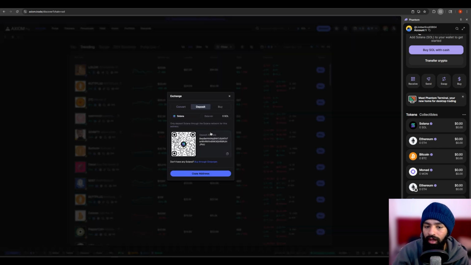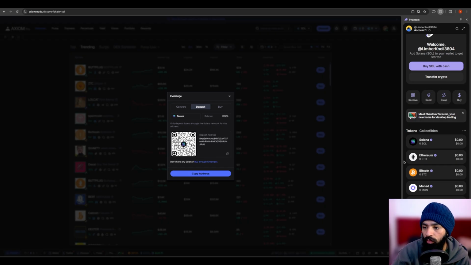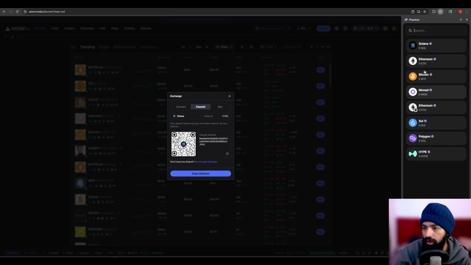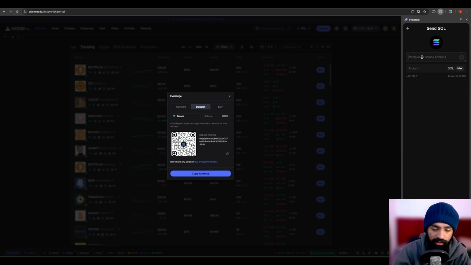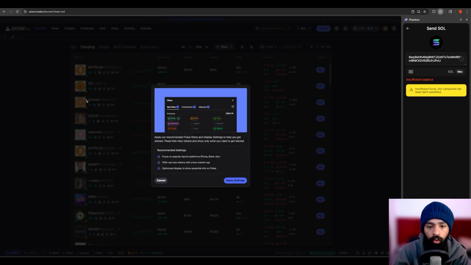And this is your wallet address. So if you bought Solana on your Phantom wallet, you want to transfer it to your Axiom wallet. So when you open up the screen, just click on Axiom, click the deposit button, and just copy this contract address. When you have Solana on your Phantom wallet, just click Solana and click send. Once you buy Solana, you have a send button right here, Solana, right? You want to paste the contract address right here and the amount you want to transfer. Let's say you bought like 0.5 SOL, right? Starting off small, 0.5 SOL. You could enter that here and then transfer that to this wallet. So you could actually put that Solana